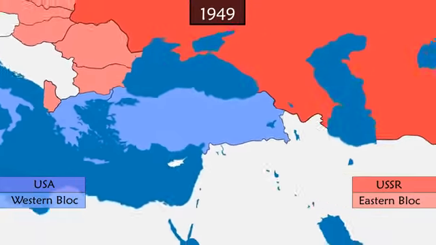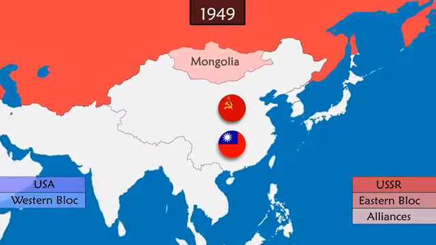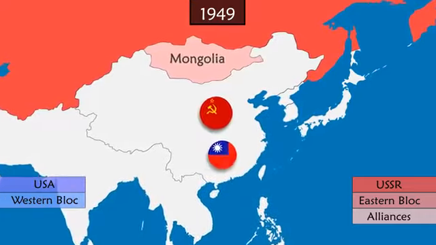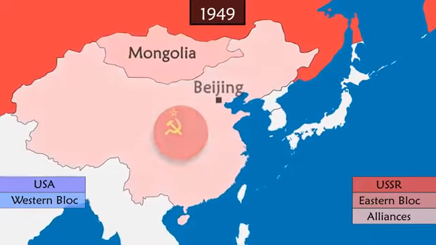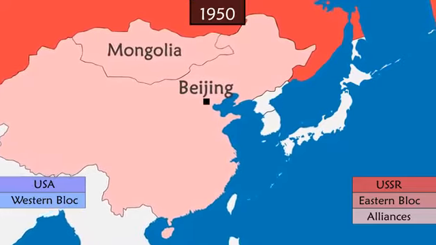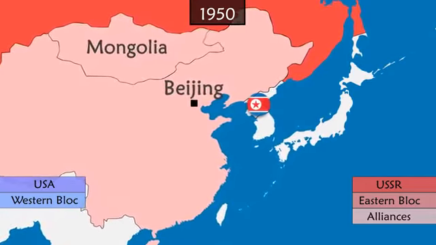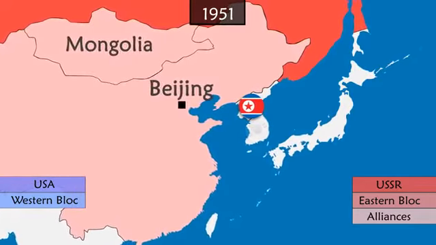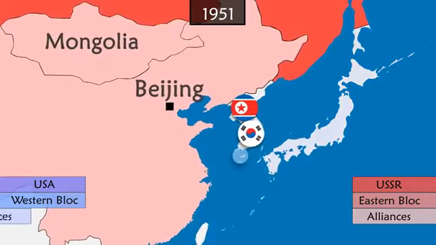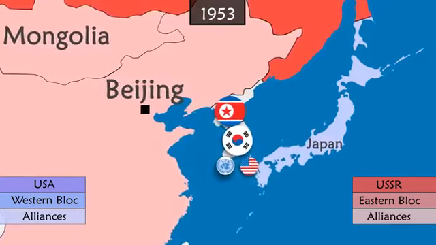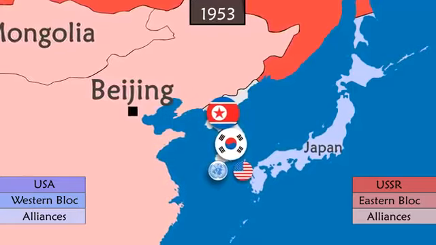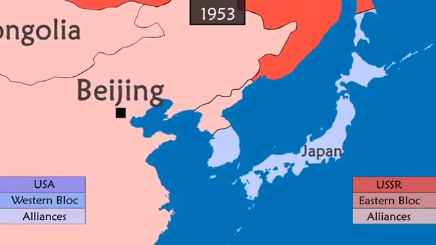In China, after 3 years of civil war, the communists prevail over the nationalists, who retreat to Taiwan. The USSR wins an important ally in the region that would influence two wars in particular. The first was fighting alongside communist North Korea against South Korea, which was supported by a UN-led international force directed by the United States. After 3 years of fighting, a ceasefire leaves the Korean peninsula divided in two.